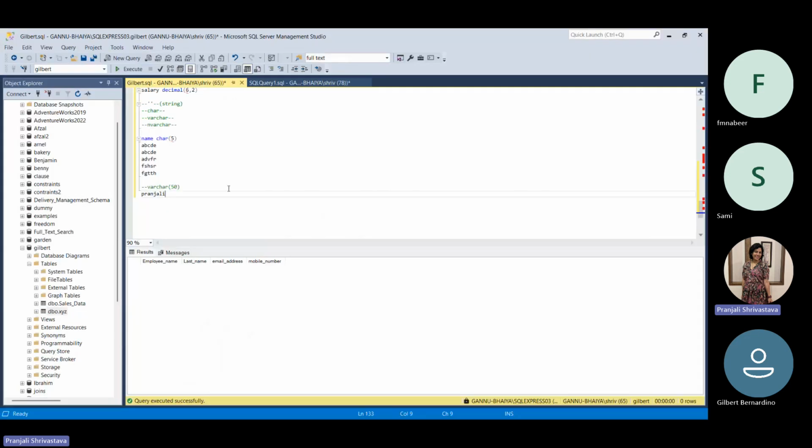Okay, so either you need to use the bigint data type to store the larger number. To avoid such things, if you want to follow good practice, always use the varchar data type. And you have one more data type, which is the nvarchar data type, and the difference between the nvarchar and varchar data types is just that